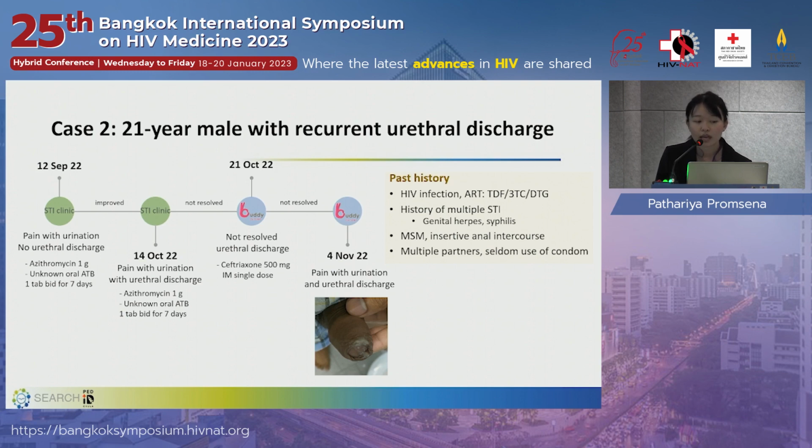He revisited the STI clinic again with dysuria and urethral discharge, and the medical management was the same as the previous visit. The symptoms still did not resolve, so he came to our clinic with obviously visible urethral discharge. At that visit, we prescribed ceftriaxone 500 milligrams single dose and followed up again, and he stated that the symptoms did not resolve, and he still had pain with urination and urethral discharge,